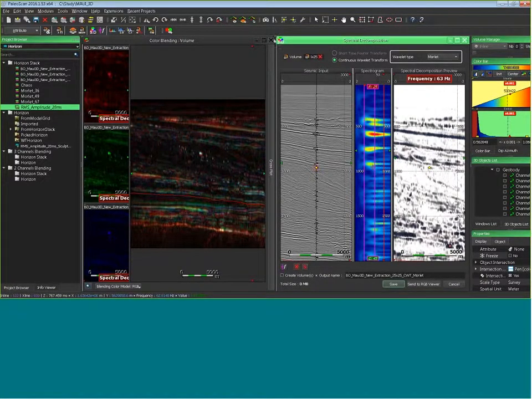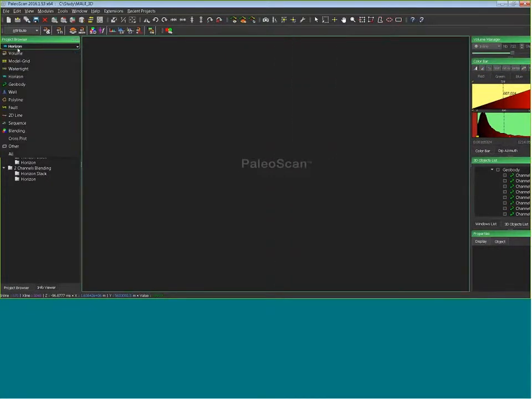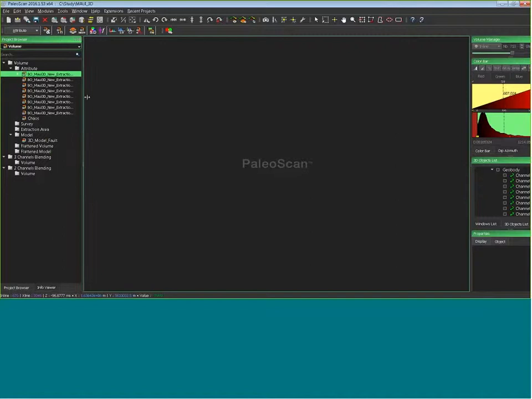It's good, but with real-time attributes, I can only do it on inline and crossline. If I want to display my color blending on a time slice or horizons, I need to create the volume. I can create the volume, and this volume will be stored under the database.